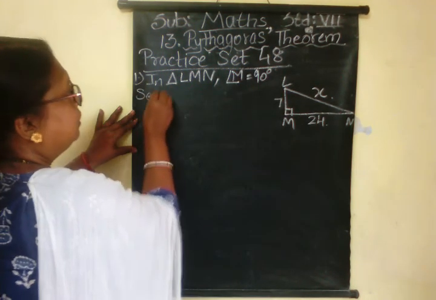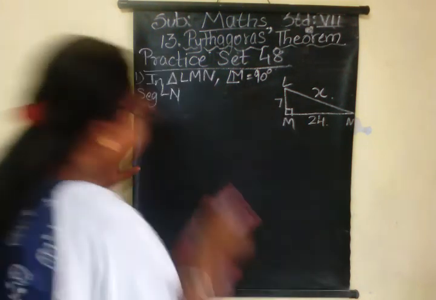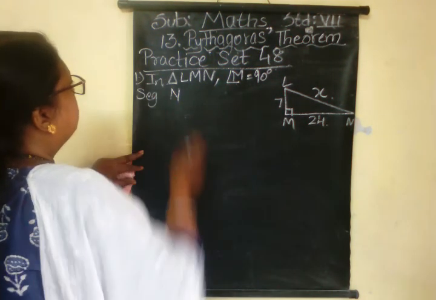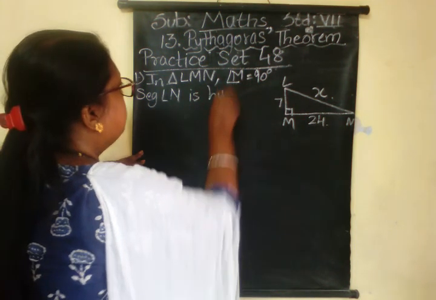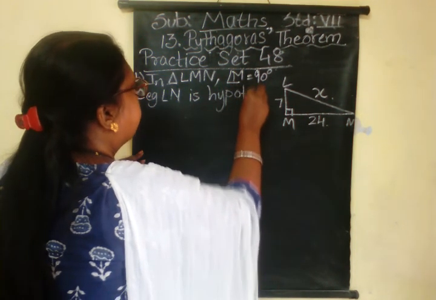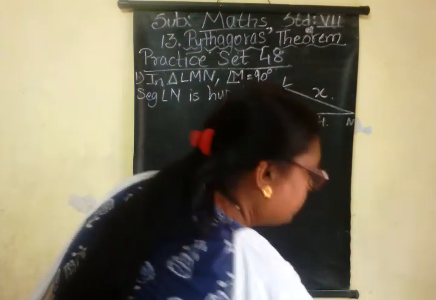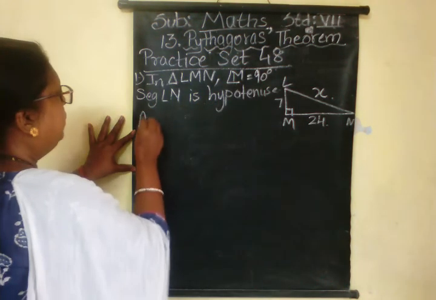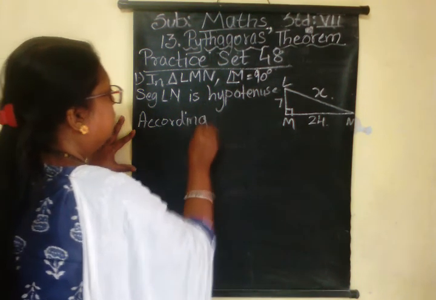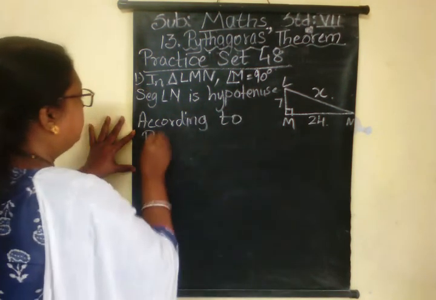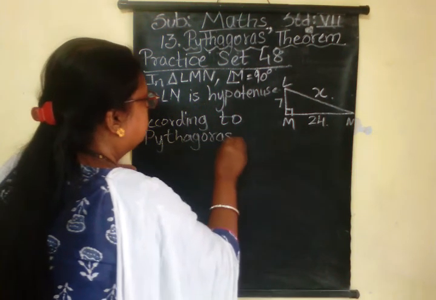Then segment LN is hypotenuse. After writing these many things, you can directly write according to Pythagoras theorem,